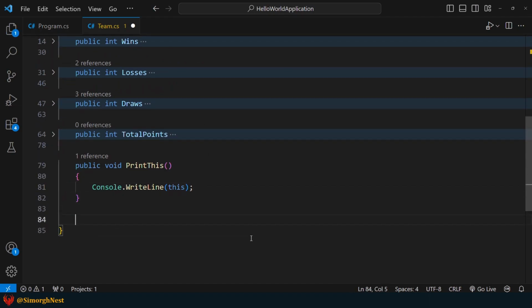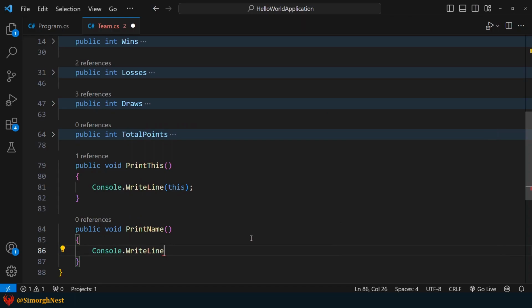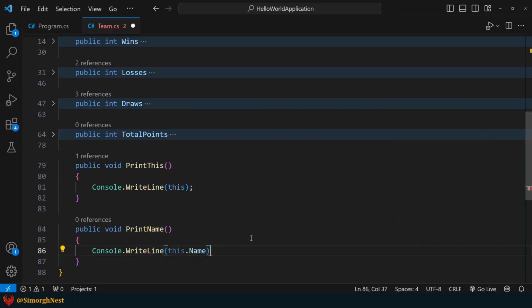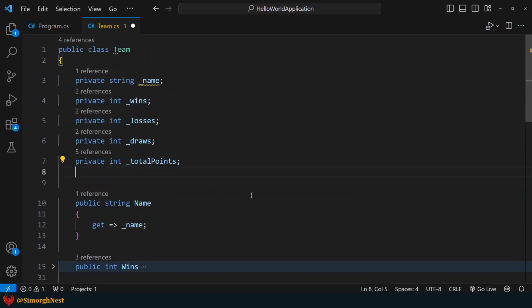To better understand, let's declare another method. This time, we print the name of the team using the this keyword. Next, let's define a constructor to set the team's name.